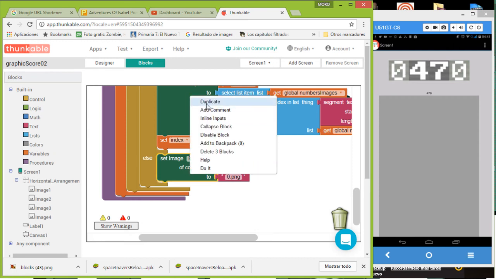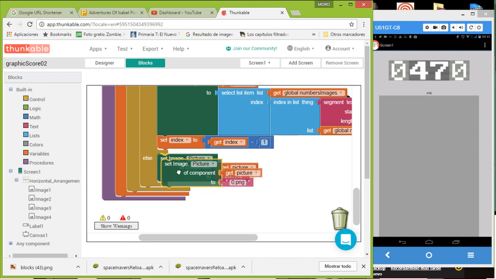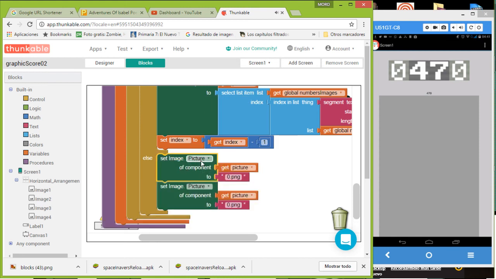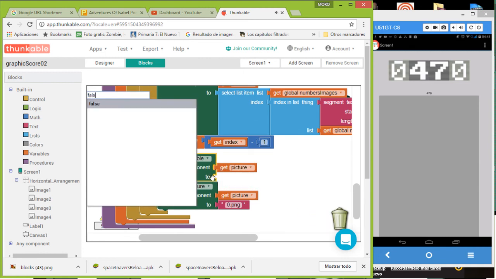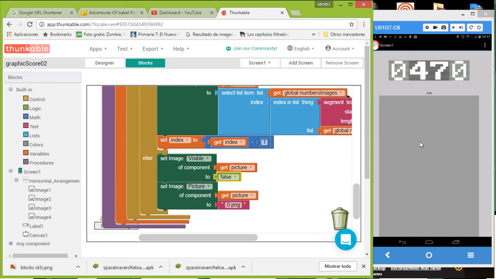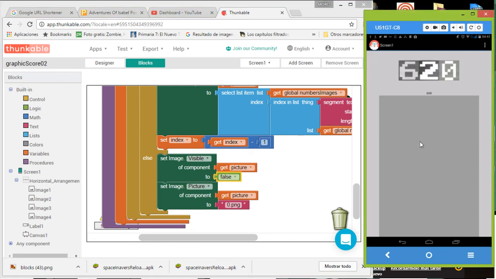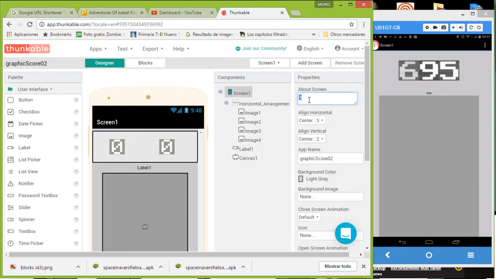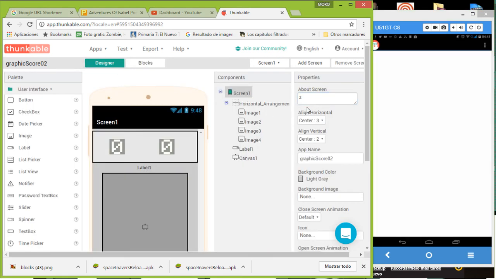What about if I want to make these numbers that we are not using disappear? Well, we can just duplicate this guy. And we're going to change this to visible, and we're going to set it to false. Now, that number that we are not using just disappears. So if we refresh the screen,